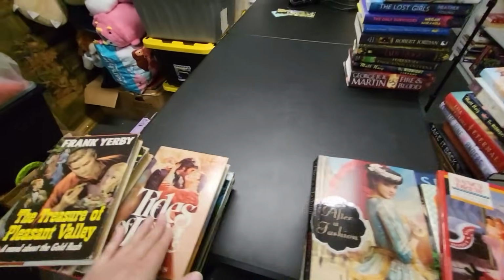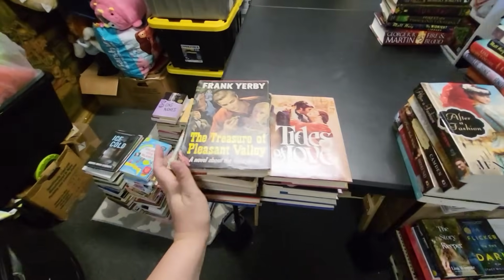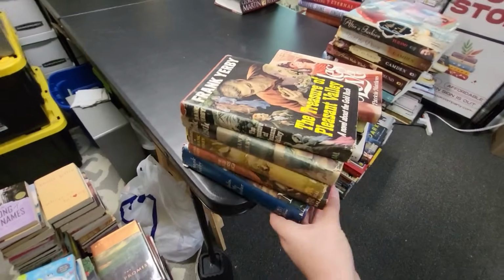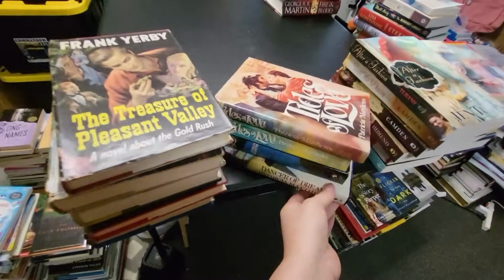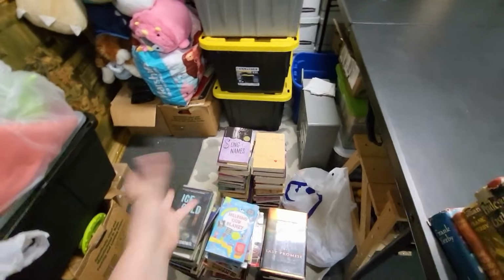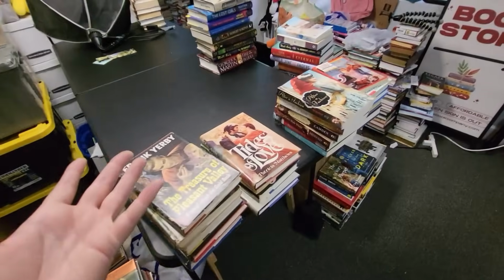These are books I need to look up or organize better. These were all vintage Frank Yerby. Anyone know who Frank Yerby is? I've got a few of those. I'm going to look them up. And then also Patricia Matthews. I'm going to look those up. Then $2 books and $1 books, which I feel like is a lot of books for us to do a